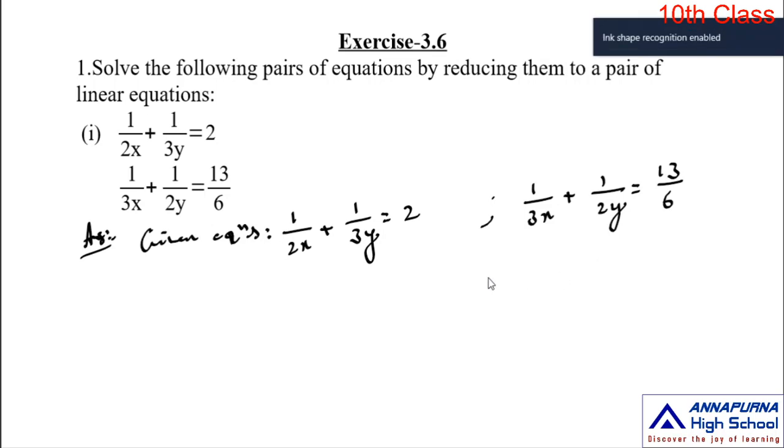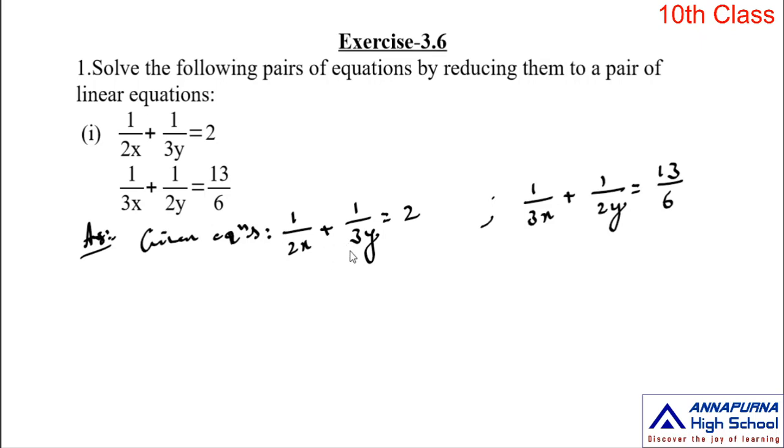Observe the variable terms in these two equations. Do you see anything? In these two equations we have the same variables. Here the x variable is there, here the x variable is there, here the y variable is there, here the y variable is there. But the two variables are present in the denominators of terms of an equation. But if you observe carefully these two equations, you find something. If you do not find it, just observe what I am doing.